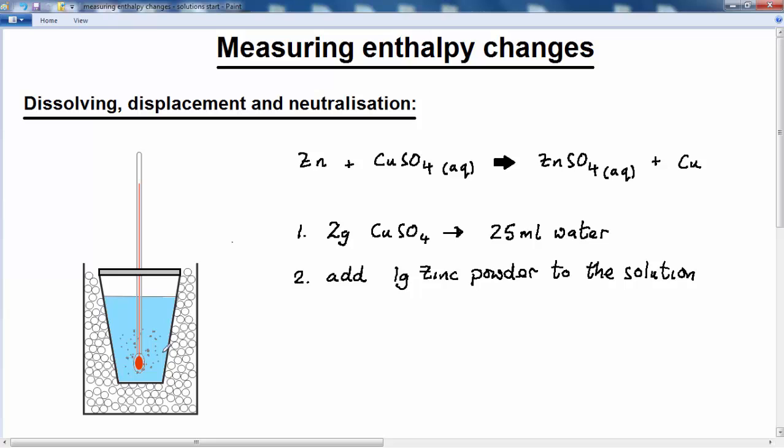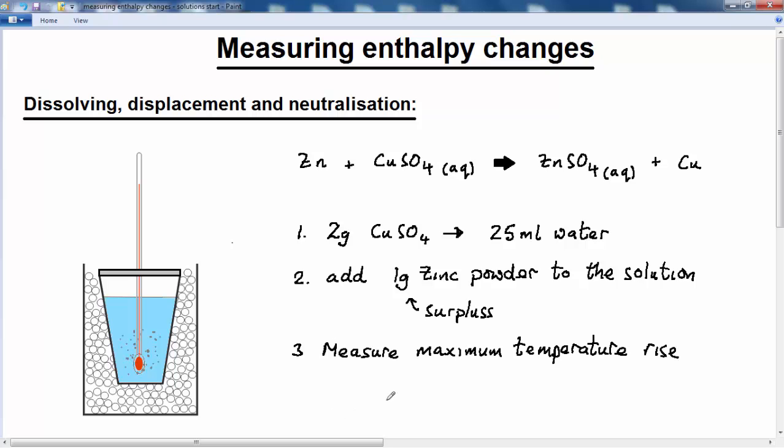You've got a polystyrene cup positioned in a whole load of insulating material with an insulating lid. So I just make a note of this. I added surplus zinc, that was important, and then I measure the maximum temperature rise. Okay, so let's just say I do that, and